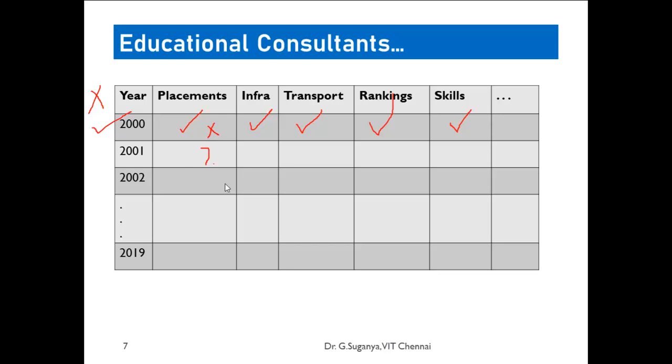Sometimes it may go down, sometimes it may move up to a very considerable level, sometimes there will be a slight hike, but on average, what is expected? There should be a considerable increase. Similarly, the infrastructure should be developed, the transport should be given, the rankings should move ahead, and then the skill set. There should be a lot of skill sets stating these are the things required, which should be possessed by a person to enter the university or the college.